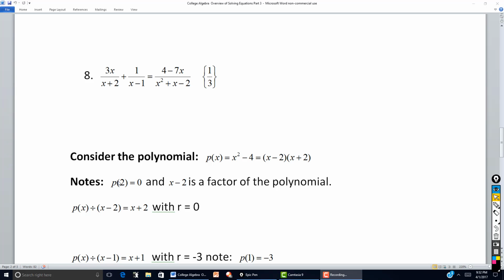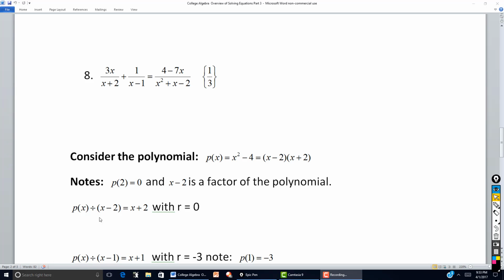Now also note that if I replace the x by negative 2, so instead of putting in a 2 with the x, I put in negative 2, I will also get 0. And x minus a negative 2, which is x plus 2, is a factor. What I'll be discussing here basically comes from theorems from College Algebra, which I won't go into detail and state, but that's where this comes from. So I have things like the remainder theorem that you should study in College Algebra, the factor theorem, the rational zeros theorem, among others, be some of the things I'll be talking about here,